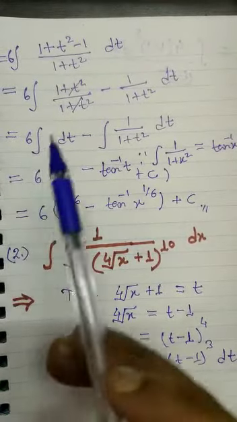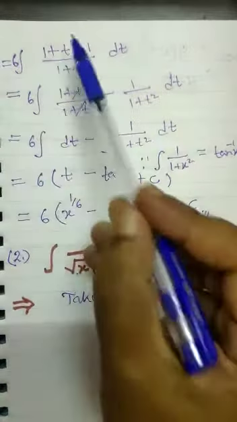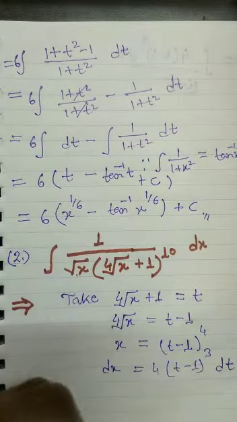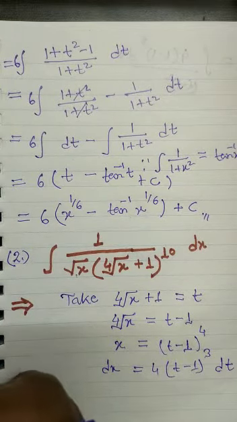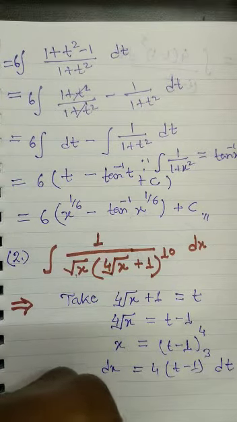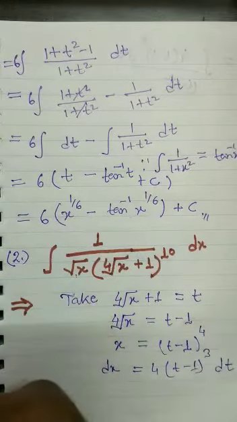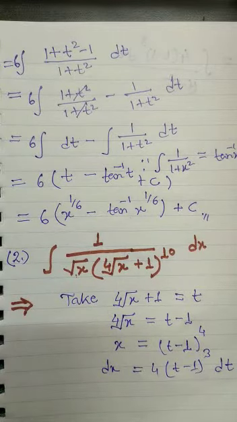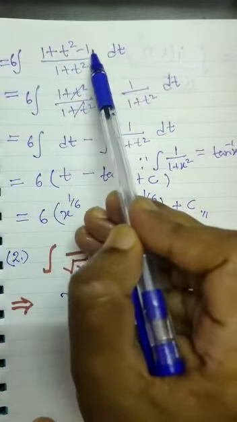See here, we have in your problem t squared in the numerator and t squared in the denominator, the same power. Wherever we see the numerator and denominator having the same power, but something more in the denominator, like a constant which can be any value, 1, 2, 3, 4, 5, 10, 20, 50, whatever, then we add and subtract in the numerator. So that's why I took here t squared, I add 1 and subtract 1.